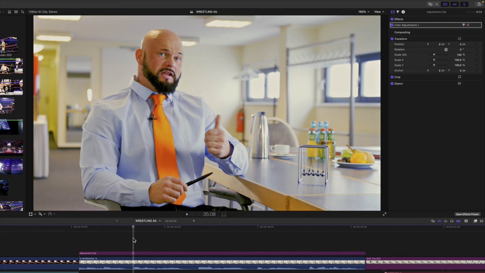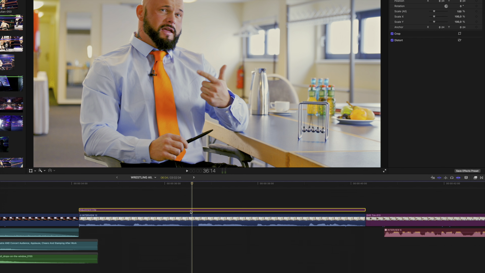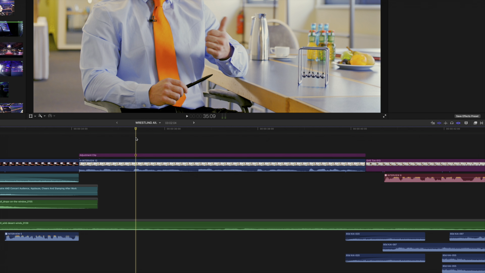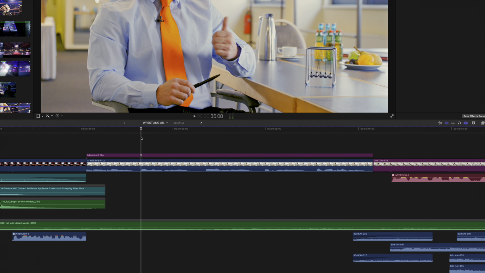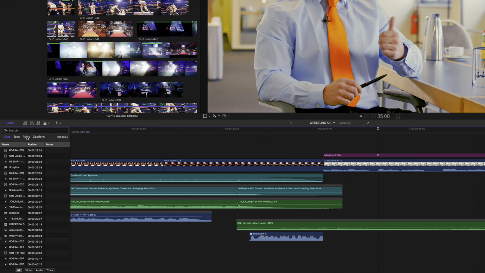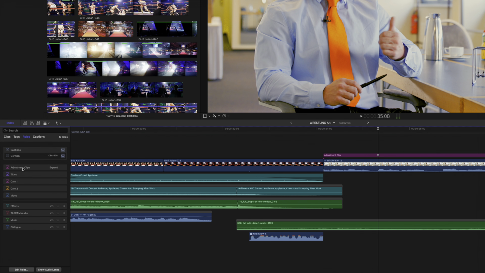You probably noticed that the adjustment clip has a different sort of red-pinkish roll color, not the purple of a title. That's because adjustment clips aren't titles, but rather have their own video roll. So how is that helpful and an advantage? Well, the most obvious is that if we open the index window and go to the Roles tab, we can see the adjustment clips role at the top of the list.